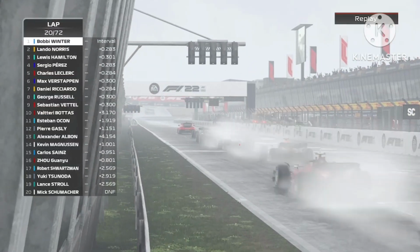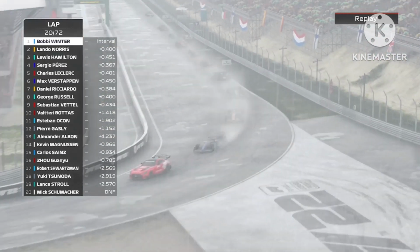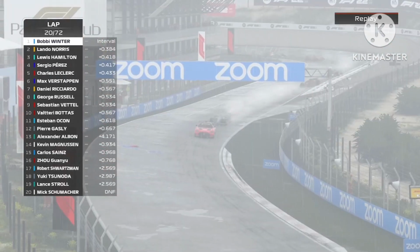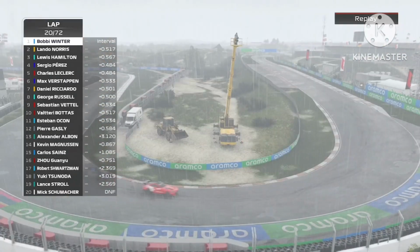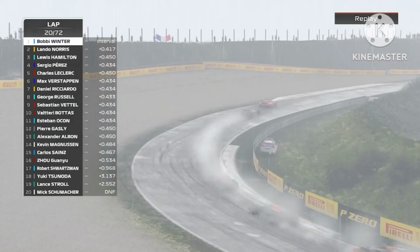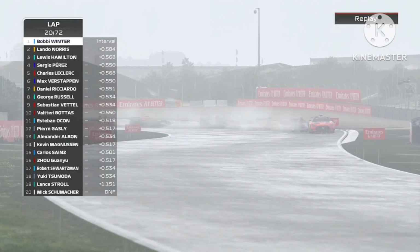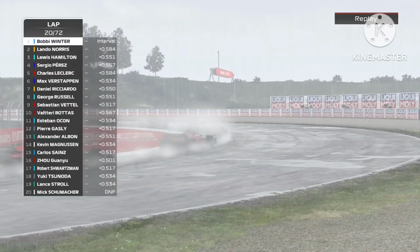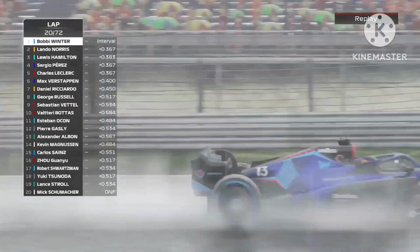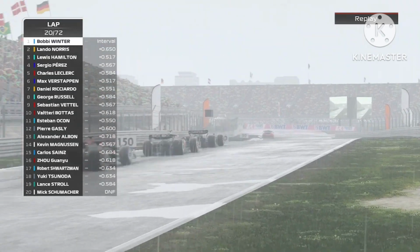As we pick up the safety car now on lap 20, and you get the message that on lap 20 safety car is going to be pulling in at the end of this lap. And so through sector 3 we'll see the warming up of the tyres, as we only have one proper straight, and the next closest thing to a straight we have is this curve,